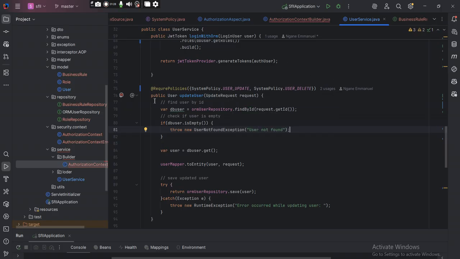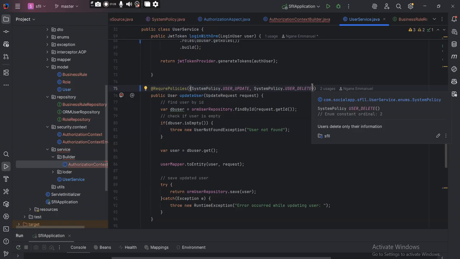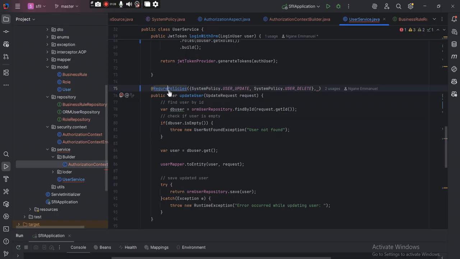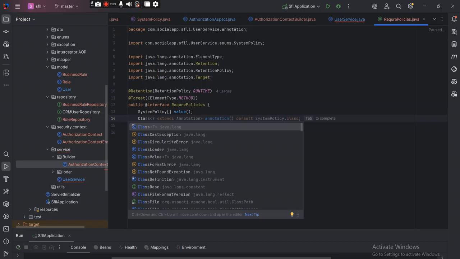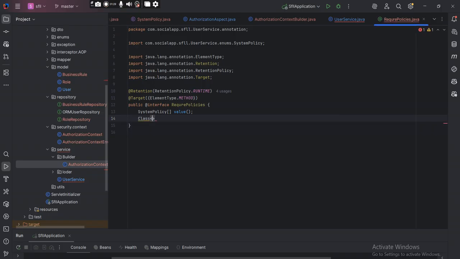You can extend this required policy and you can also add a target resource, right? You can add like a target here. So let me try to put this is like a class. Right. And this will be like a target